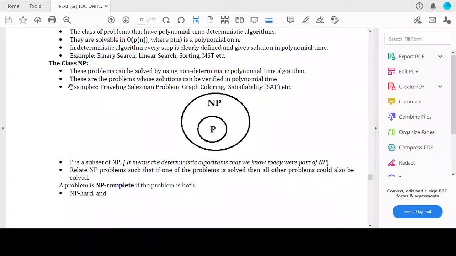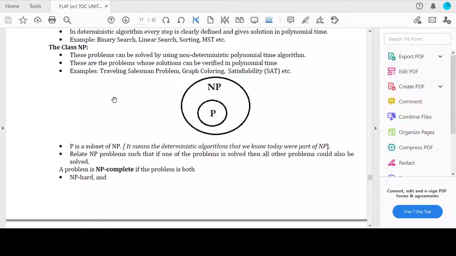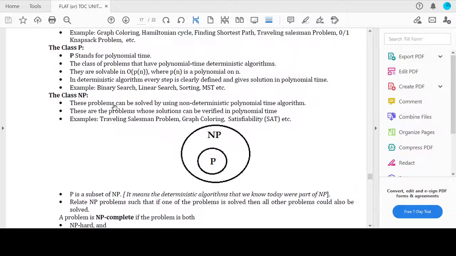Next, we have also seen that some problems will be considered NP class problems if they are not solvable in polynomial time. For these particular problems we have non-deterministic polynomial time algorithms. Moreover, for these problems, if there exists a solution, that solution can be verified in polynomial time. And we have seen some examples related to P class problems and NP class